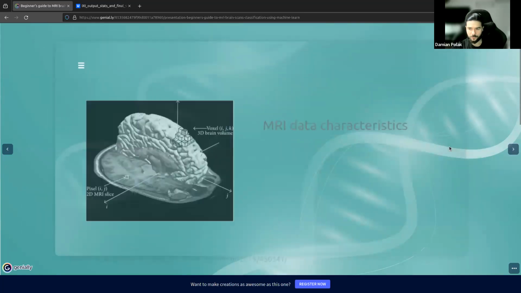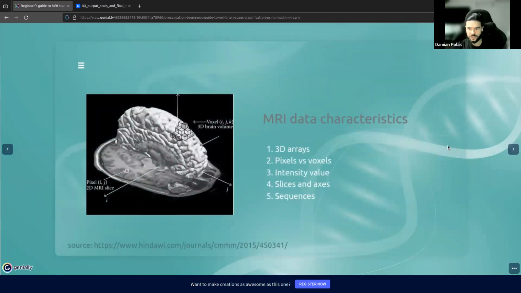Let's move on to the basics of working with MRI data. I won't delve into the details here, but it's essential to understand some basic terminology. MRI scans are 3D arrays consisting of voxels. Voxels, simplifying it, can be considered as pixels in 3D. They have 3 coordinates in 3D space, while pixels have only 2. Each voxel has its intensity value, analogous to pixel values in regular image data, or 3 values for colored images